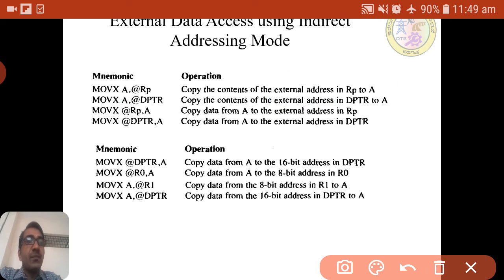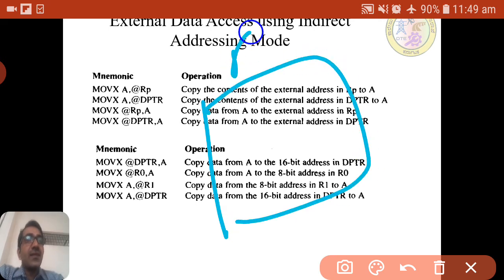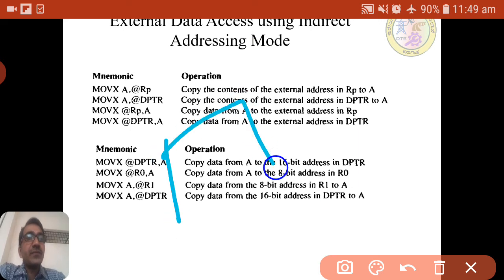Same, MOVX A, @DPTR. So DPTR will act as an address now. Whatever address is stored in the DPTR, which is pointing to external memory, that content will be moved to A. The only difference from what we have seen previously is that that was inside internal RAM, and this one is external.